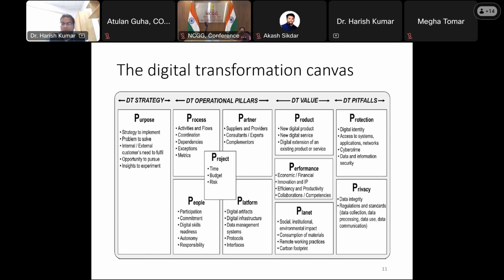Finally, the DT pitfalls. What are the issues or what are the challenges we may come across in these things? So in a short way, if I start discussing this, the first one is DT strategy, like purpose of the initiatives that we need to identify, we need to highlight with the brainstorming and the expert opinions, right? Strategic direction, which one is going to lead what? We need to be very careful about, like I was mentioning, the three keywords in this: strategic, technology, and application. So strategic direction, which planning or which initiative is going to lead what? We need to be very careful.